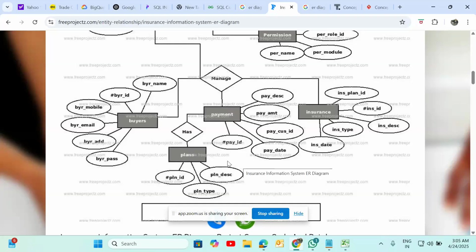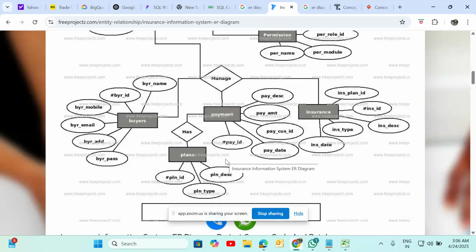In this scenario, the data modeler creates conceptual, logical, and physical models. Concept-wise, based on your business, payments, sales or whatever, insurance, plans, and buyers, this is my business area and this is my concept.